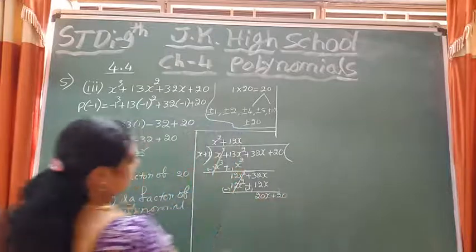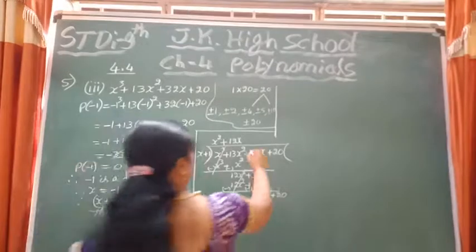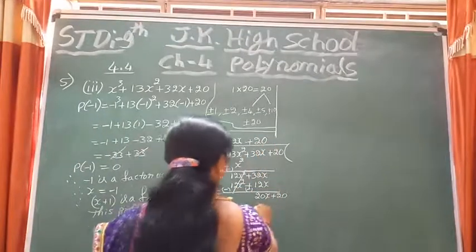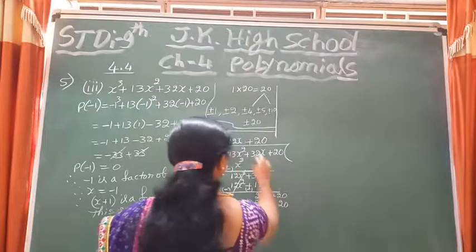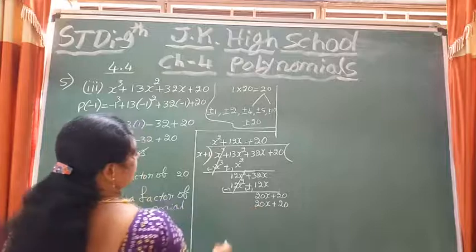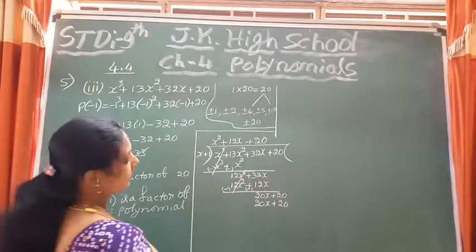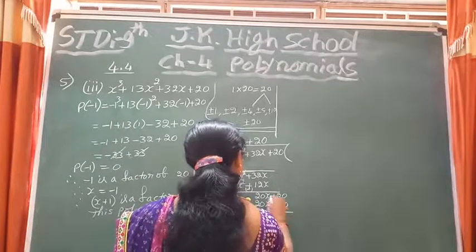Now you divide by first term, x gets cancelled, plus 20 is the quotient. Multiply in this manner: 20 into x is 20x, plus 1 into 20, 20 ones are 20. Change the sign. You will get remainder